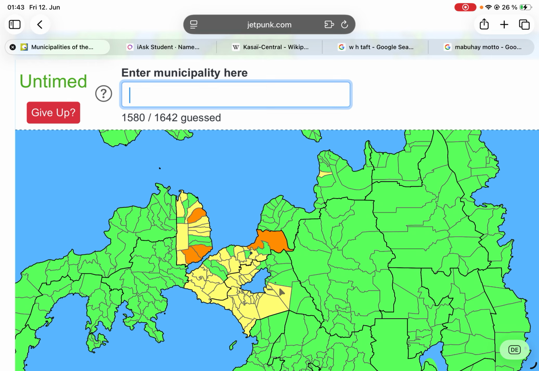What's this? Is it Lumba Bayabao? Okay, then the small one is Pona Bayabao, Masiu, Butig, Lumbayanage, Sultan Dumalondong, Lumbatan, Unkaya, no, it's Lumbaka Unayan is what it is. We have Bayang, Bini Dayan,